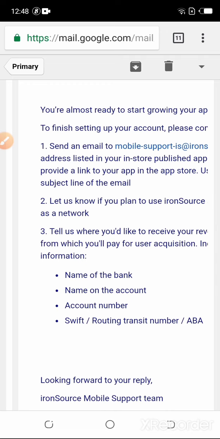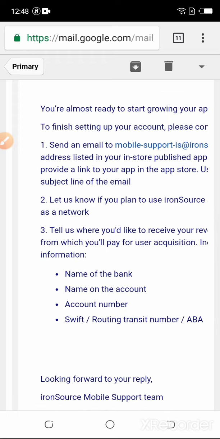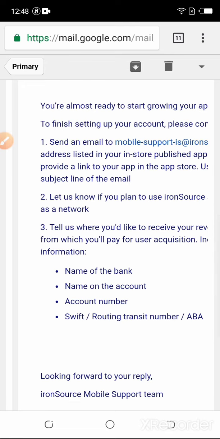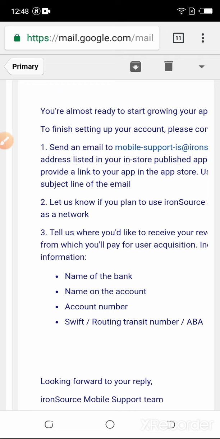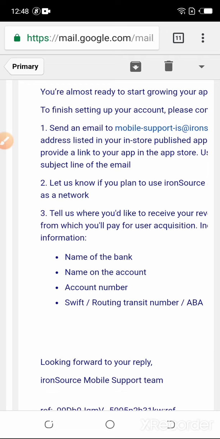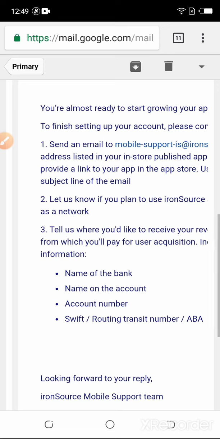From that mail, you will send your app URL. That means the Google Play Store URL of that application, which I have already sent to you, or which I will send to you if I'm a developer and you request it. So you use that email and send your app URL. That's number one. You read this message very well. You send an email to mobile support